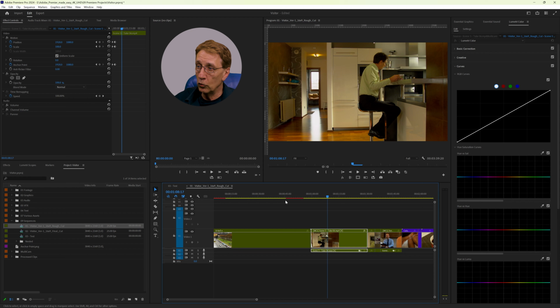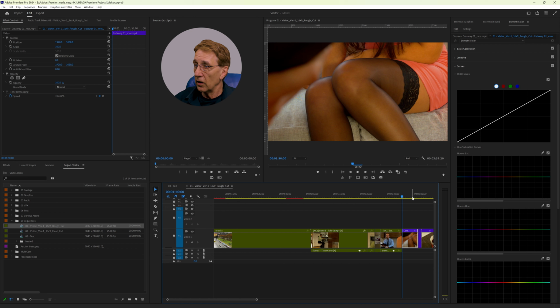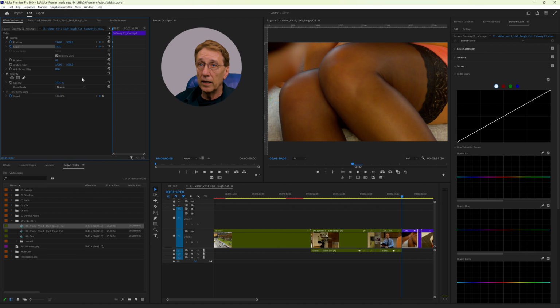And now we have two more clips with a little pan. One is this one where we focus on the legs, and we start zoomed in 150. And I move the frame a little bit.